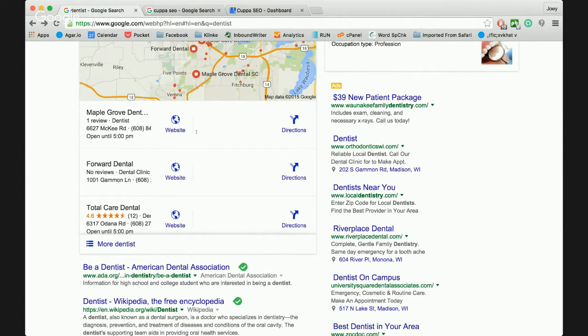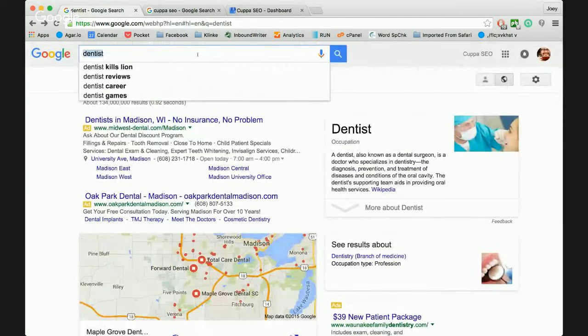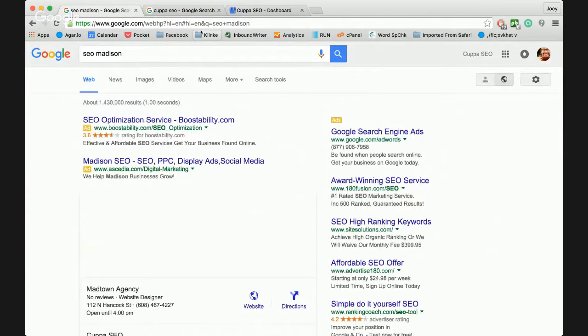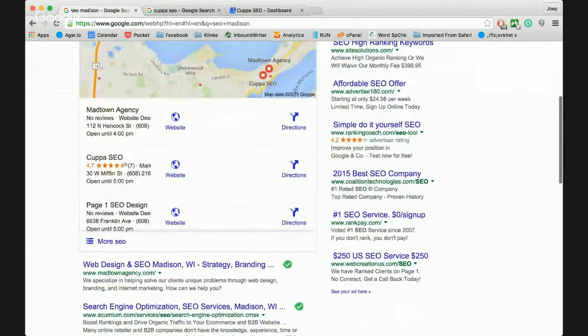My office, to give you a little more example, is actually downtown. It's about 8 miles from where I'm currently searching. And if we come up here and search for SEO Madison, you guys will see right here, it's Cuppa SEO.